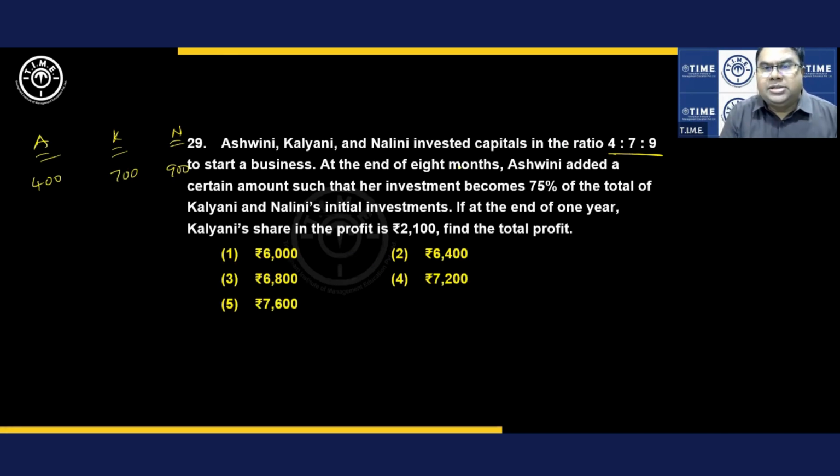At the end of 8 months, Ashwini added certain amount such that her investment becomes 75% of total investment of Kalyani and Nalini's initial investment. Kalyani and Nalini is 1600. 75% means 3/4 of 1600. So 1200. This 400 is for how many months? 8 months. Plus